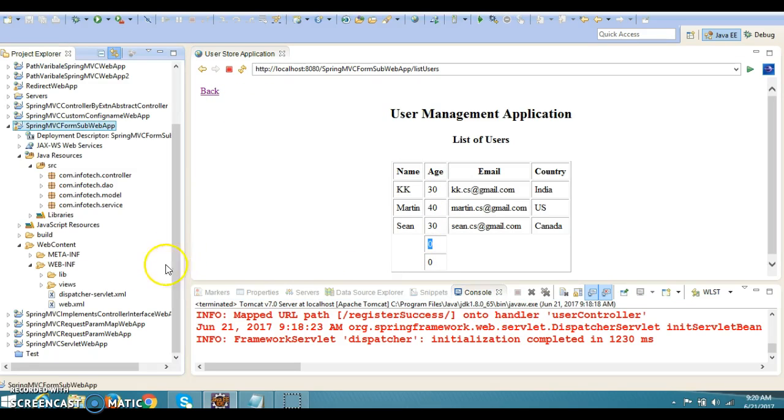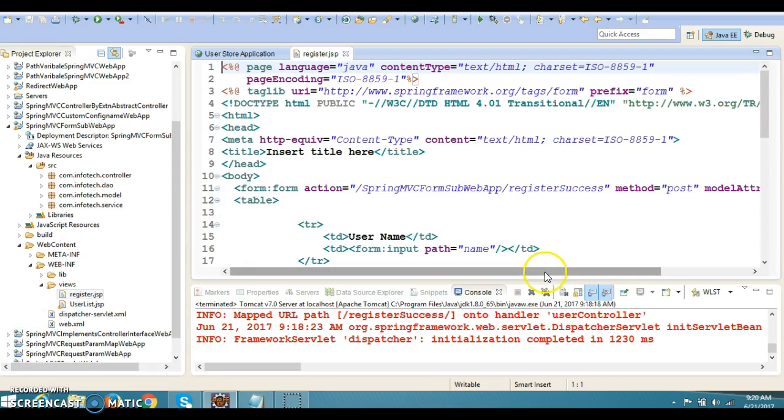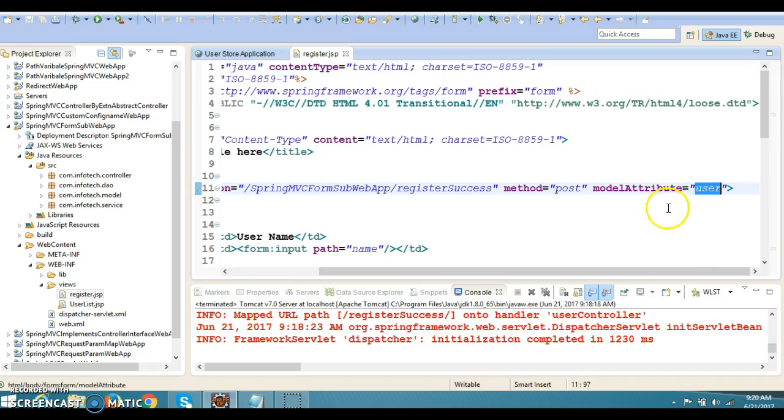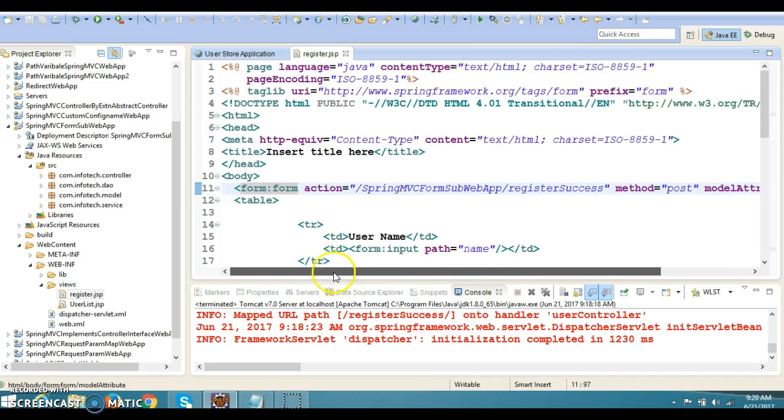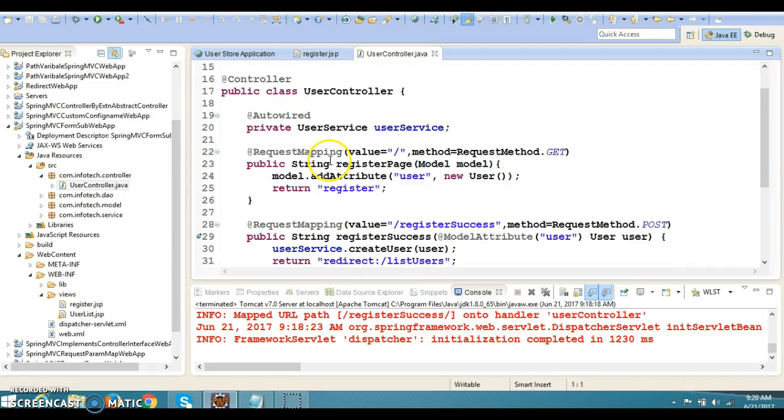Here, if you look into the JSP page, register.jsp, I have specified a model attribute equal to user. And one of the request handler methods is responsible for displaying this register.jsp form. If you look into the controller class, this is the request handler method responsible for displaying the register.jsp. So Spring is expecting that we will add at least an empty object